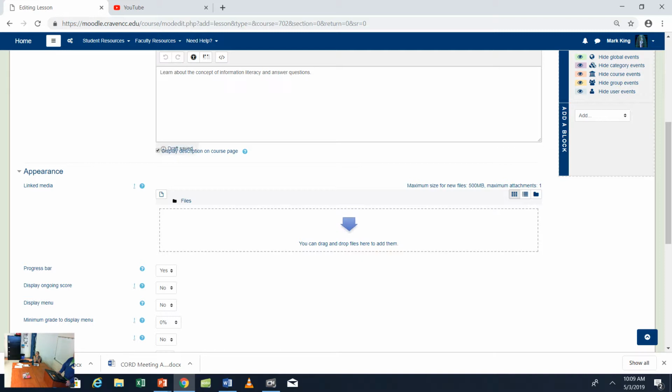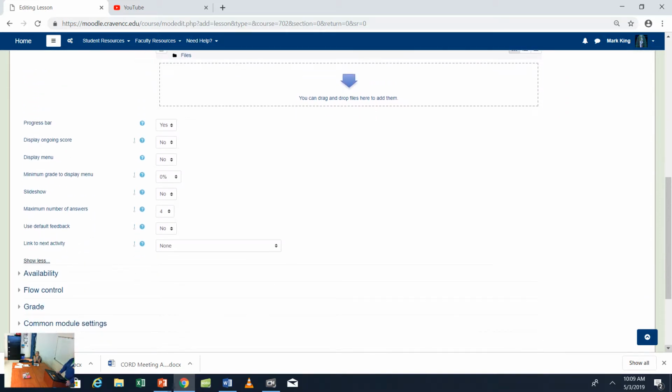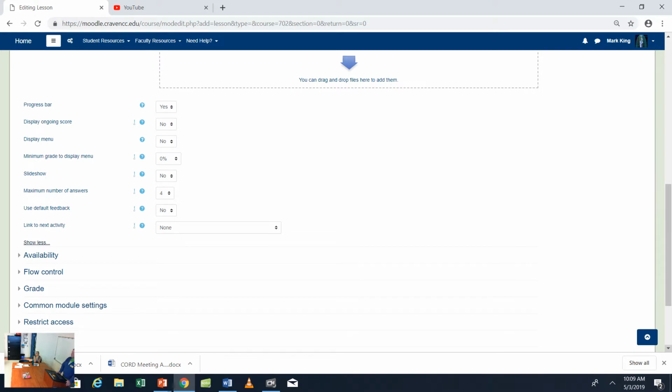Since there are going to be questions involved in the lesson, you can display an ongoing score. So it'll let them know how well they're doing or how badly they might be doing as they're going along. Minimum grade to display menu, I always just leave it at 0%. Maximum number of answers,